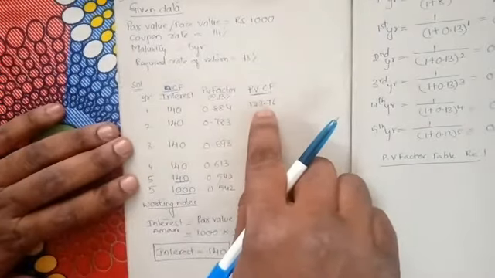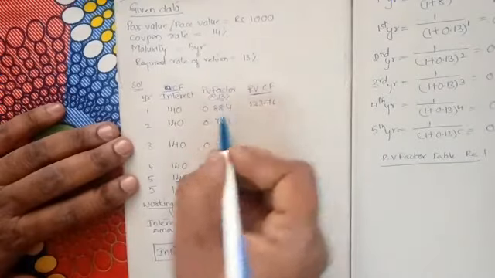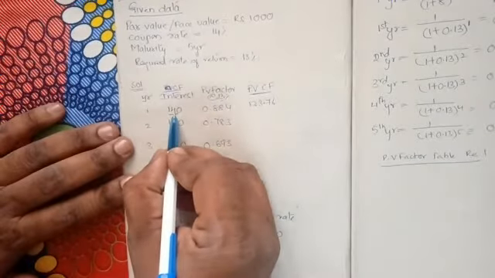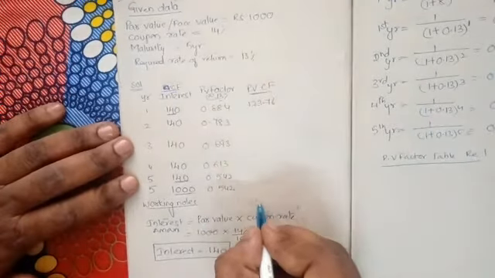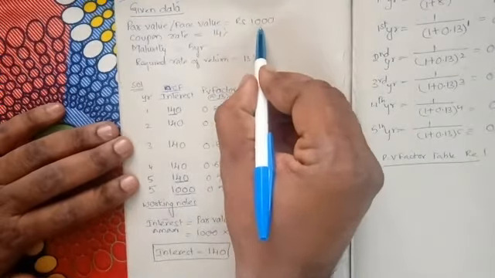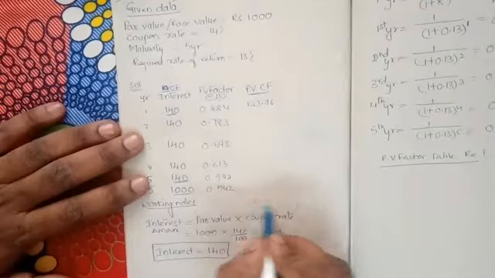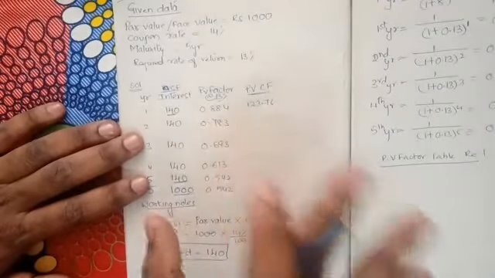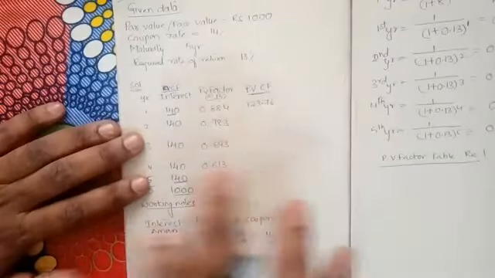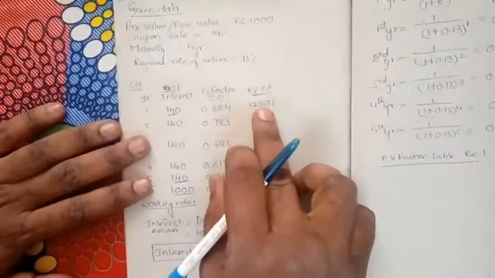See, today if we have 123.76 in our hand and we invest it at 13%, after 1 year it will become 140. You got my point? So today the value is 123.76. Why are we trying to find the value for today? Because today we are going to invest 1000 rupees. So we will see whether we are getting the 1000 or not. If we get 1000, then we will accept it. If we get less than 1000, we don't accept it. If we get more than 1000, then also we accept it.